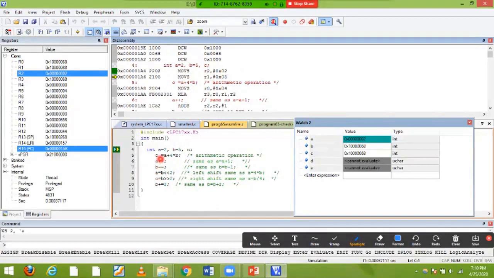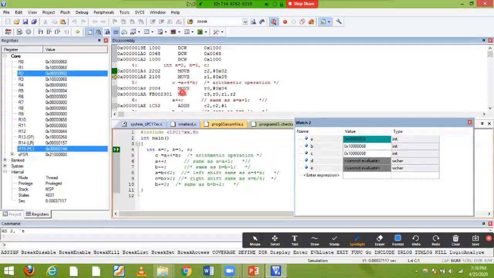Next, you can see C is equal to A plus 4 cross B. First you do the multiplication and it will be stored in C. To do this, one of the instructions we have is the MLA instruction, multiplication and accumulation, multiplication as well as addition. That is the instruction we are going to use. First, I want 4, right? If I want to do the operation, I require 4, but the 4 cannot be multiplied directly.